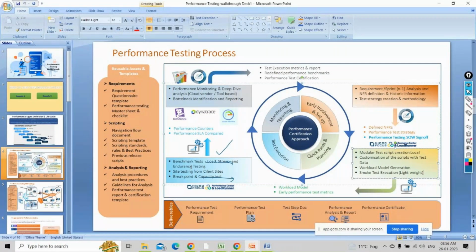That machine will be in the US and will generate all the load from the US only. From that LG machine we'll direct all the load, so that we get the correct response. And we cannot say that I'm doing performance testing from an India location while the users are in a US location. That should not happen, because